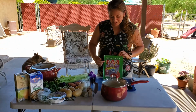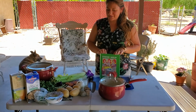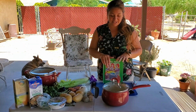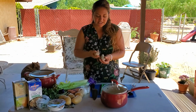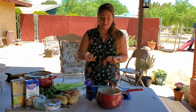And it goes along with this book, and I'm going to read it to you. But a little thing about this is that it's a collection of all the things that are needed to make the stone soup. And first off, really important, is the stones. So these I just randomly got out inside of the garden,